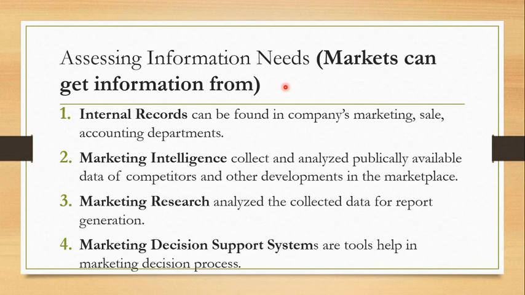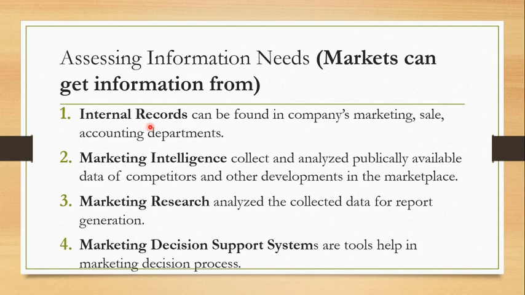Let's see the sources of different information for an organization. Here I have listed them from point number 1 to point number 4. These points 1 to 4 are not listed on the basis of their importance. They are randomly listed and numbered. The first one is internal records. Every organization keeps internal records for its internal consumption. These internal records are a very powerful and authentic source of information for any decision makers.